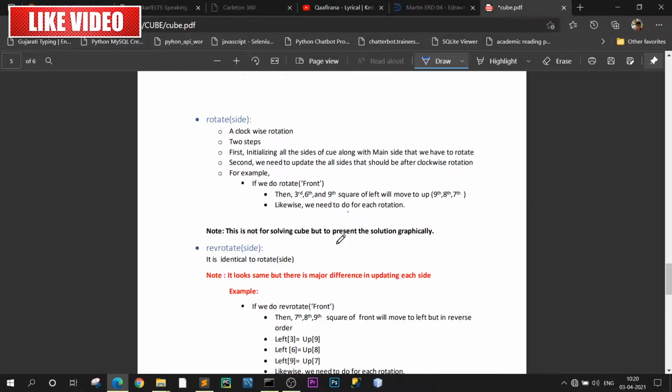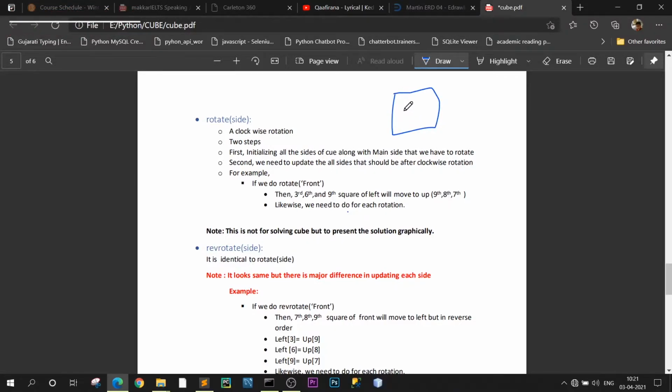Now let's start with the functions. The first function is the rotate function, and we have to give a side of the cube as an input. We just have to rotate the cube in a clockwise direction for the given side, and we will update the state variable for each and every side.